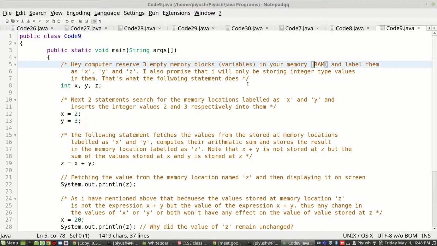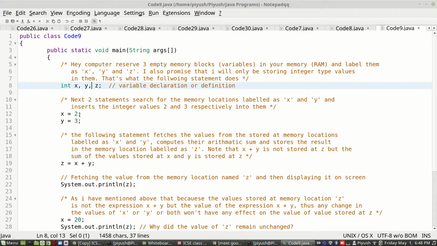That's what the following statement does, and this line is known as variable declaration or variable definition, correct? Now, when you have the empty boxes labeled as x, y and z, you will start putting in values there, right?